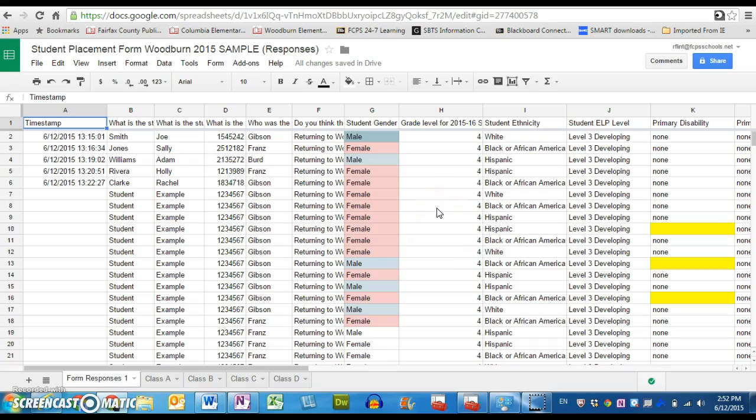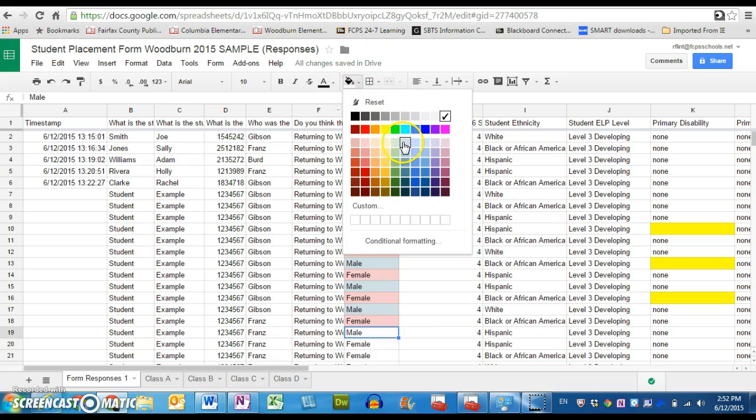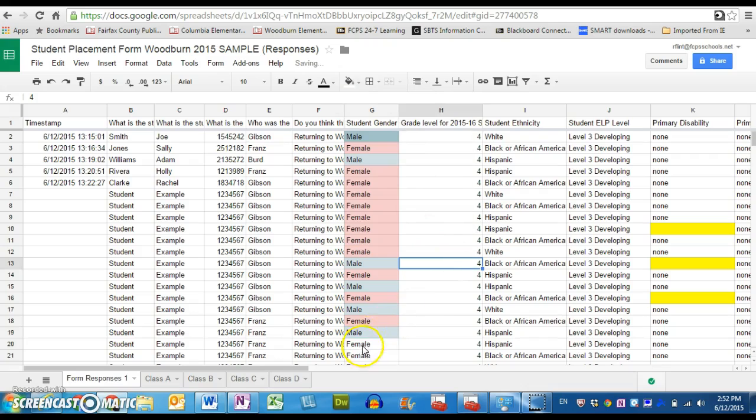Remember how way back when we used to have these blue and pink cards, blue for boys and pink for girls? Well, what you can do, as a group, is just color code. I didn't do all of them, but you could click in here and go to the color fill, and then if you want to select this color as the boys, you would do that for all the boys and girls. Now, if there's 4 or 5 of you sitting around, one person could color code the gender,